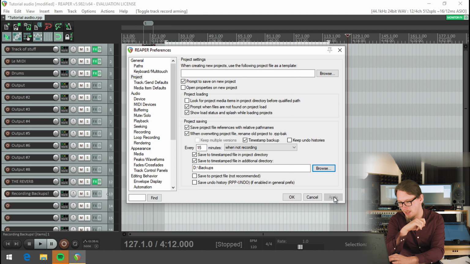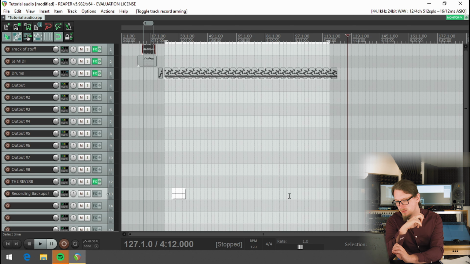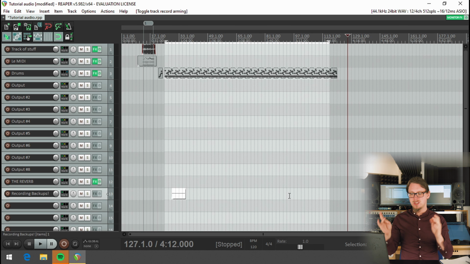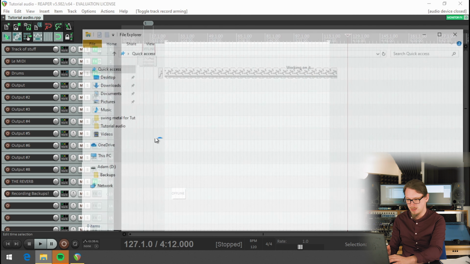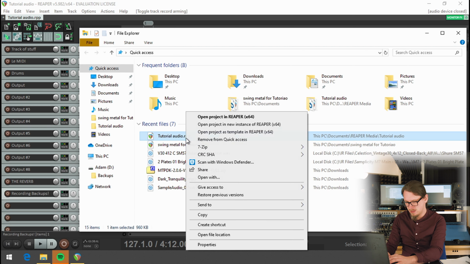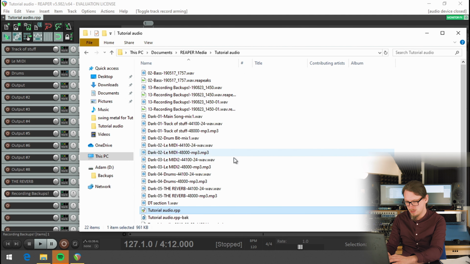So I'm going to hit apply. And now, every 15 minutes, that's going to save my project. It's going to save the project separately on that USB stick. Every time I hit save, that's now going to make, in fact, I'll show you, that should have, if I open this file's location,